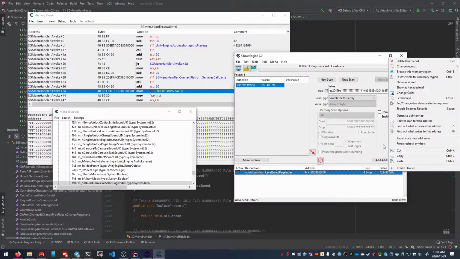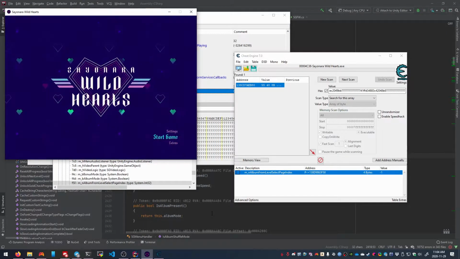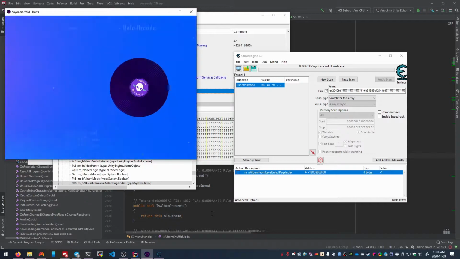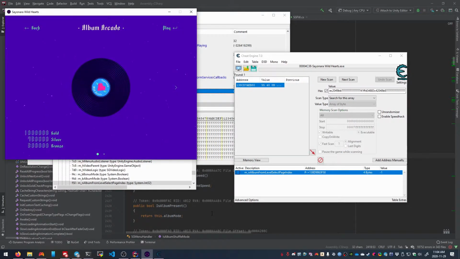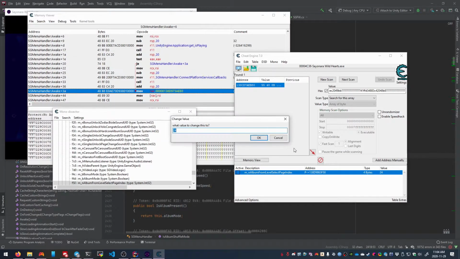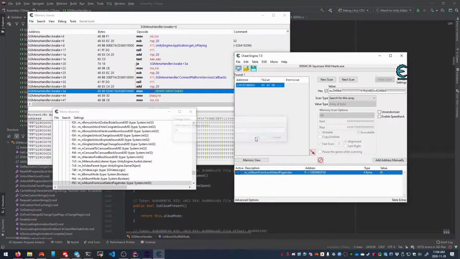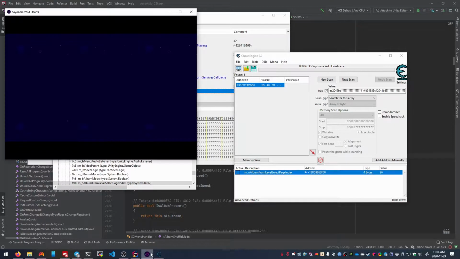And so, show as signed. Okay. And now, if we go to extras and start album arcade, that should give us 24, which it does. So, if we change it to 26, then since 26 is what album shuffle mode checks for, then in theory,